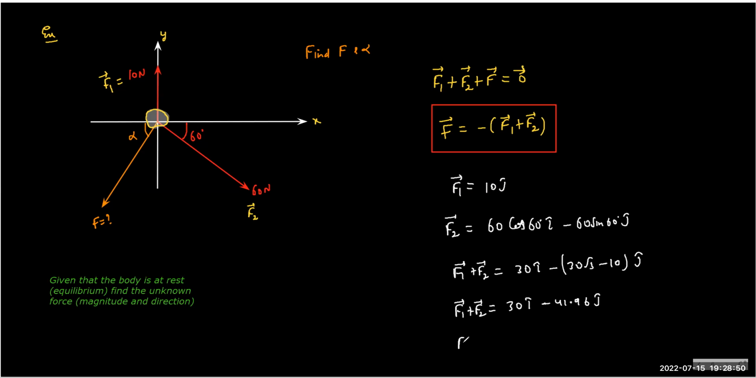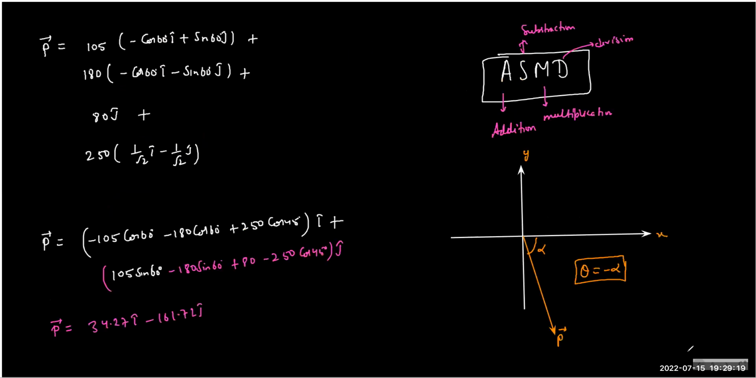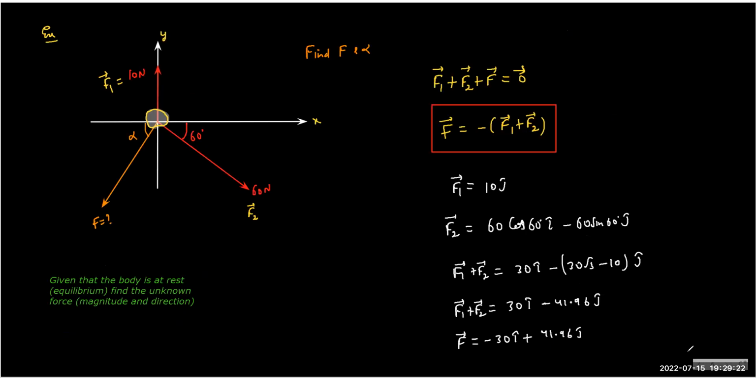So the F vector is how much? Minus of this, which is minus 30 I cap plus 41.96 J cap. Sir, even I got the same thing. Am I making some mistake? Okay, 60 should be negative only. Yeah, that's fine. Okay, my bad. So that's correct. This is the right answer. So the third force should have